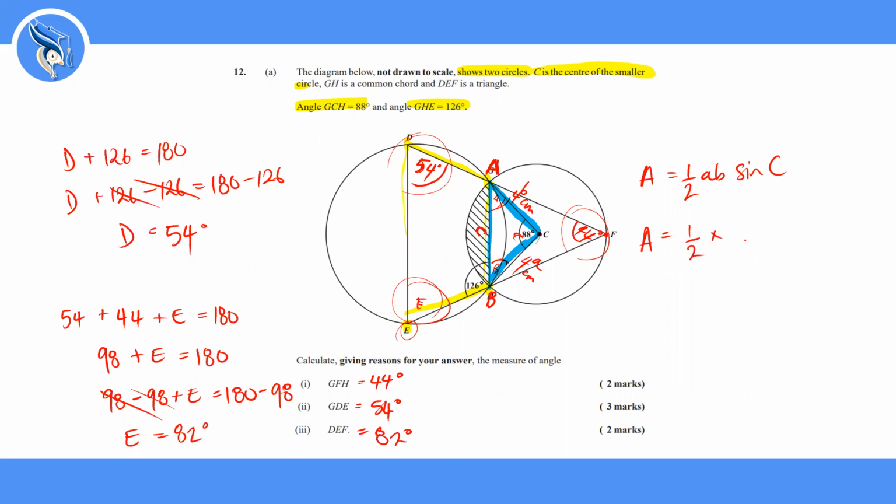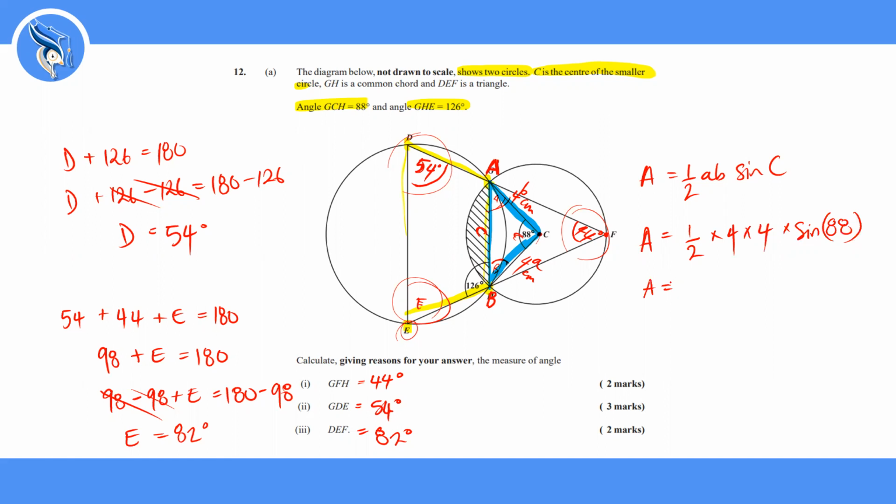Half multiplied by 4, because side A is 4 centimeters. That's the first radius. Times another 4, second radius, that's side B, multiplied by the sine of the angle, which is 88 degrees. So if you put that into your calculator, half times 4 times 4 times sine 88. And you need a scientific calculator to do this and ensure that it is in degrees and not radians